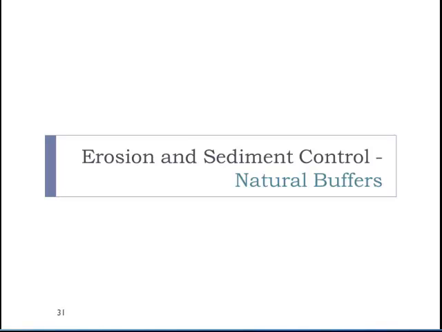So next I'm going to get into new requirements in the permit for providing and maintaining natural buffers. This is a significant new requirement that you may have questions about. It implements the C&D rule requirement, which stated that permits must have requirements for permittees to provide and maintain natural buffers around surface waters unless infeasible. And we spent a lot of time in implementing this requirement in the permit in figuring out whether we needed to add specificity to this. So I'll go over how we ended up implementing this in the permit.